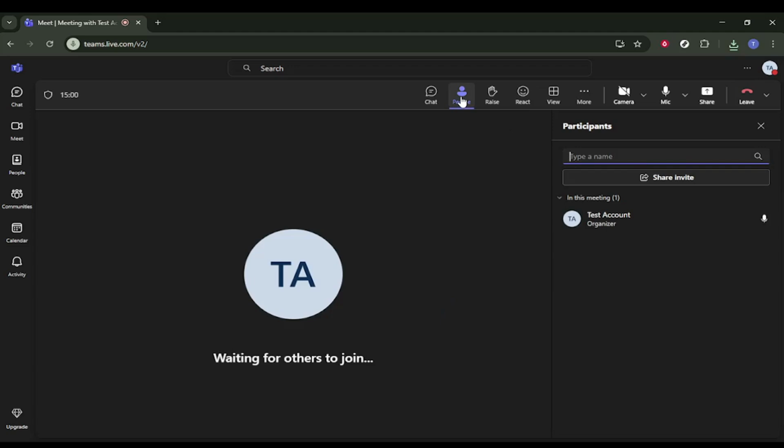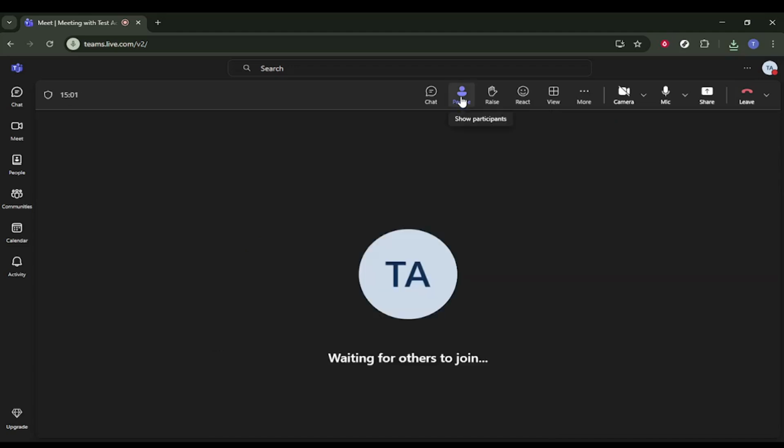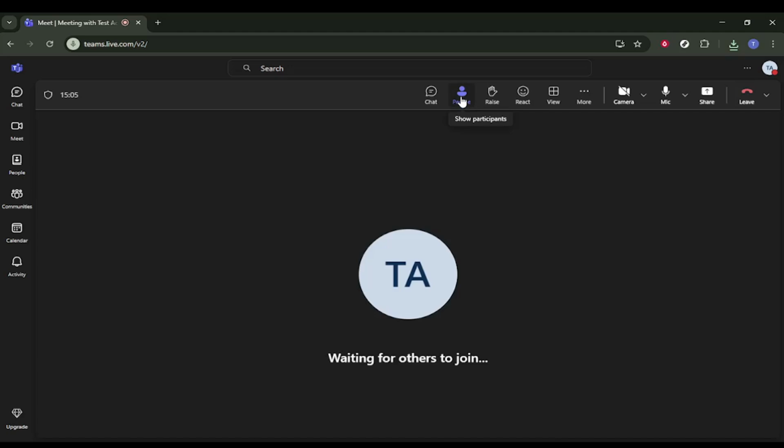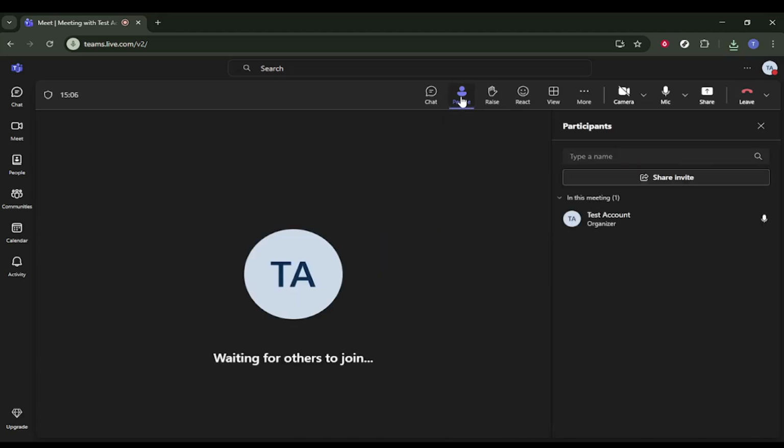Finally, click the highlighted control again where it appears on your meeting interface to fully return to the normal meeting view. At this point, your participants are effectively hidden from view because the People panel is closed. The meeting still continues normally, and participants can still speak, chat, and interact, but the list itself is not displayed